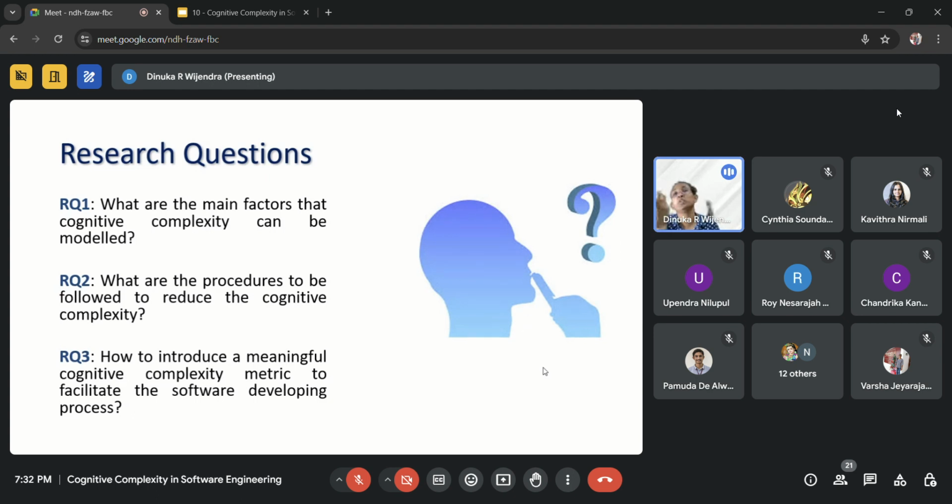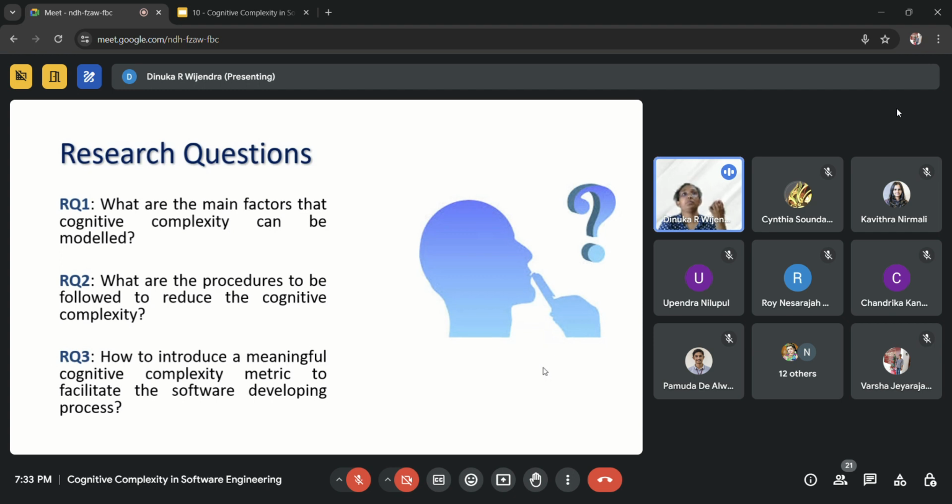First of all, I want to know, if I just want to mention cognitive complexity, what are the main factors and sub-factors? And I told you the cognitive complexity for whatever software has to be lesser, so that the comprehension effort is lesser, meaning the understandability is very high. So how to do that? What are the procedures that I have to follow? And then you know that this is a complexity. Complexity expressed by a qualitative expression is not enough, because anyone can say any expression. So how can this subjective thing be quantified? That is the biggest problem that we have.